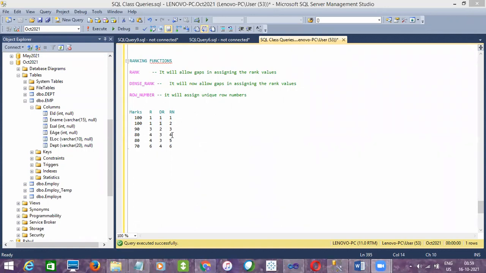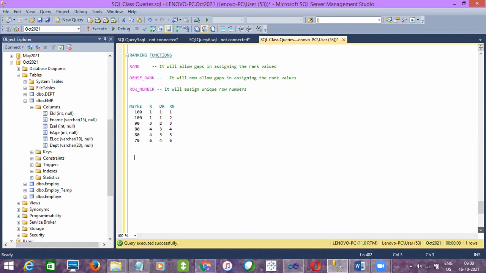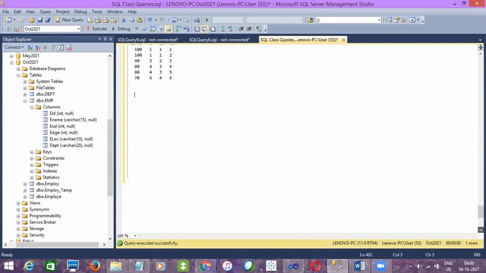Right? So rank will not be skipped in the dense rank value. Whereas row number will uniquely assign the row numbers for each and every mark. Clear? Anyone have any questions? If not, guys, try to remember the same and explain the same way. There will be a question on this. It is easy, but the way you give the explanation should be convincing. Right? That's about the ranking functions.